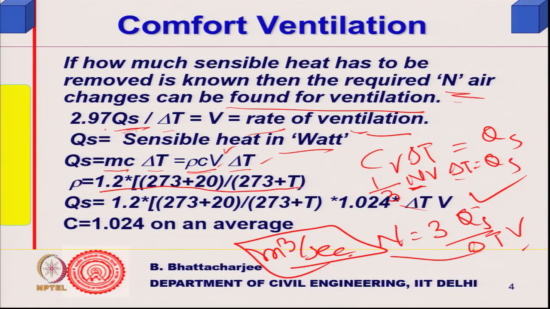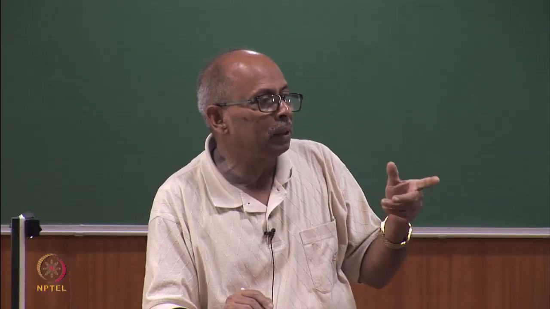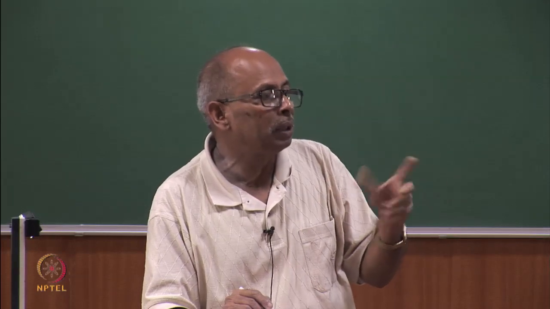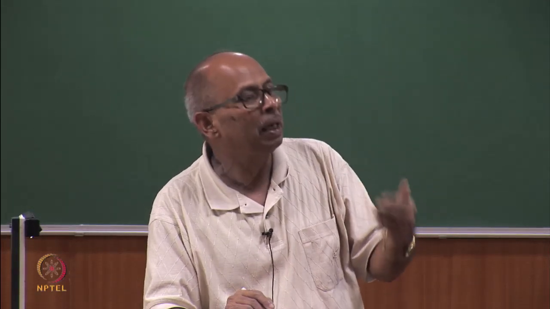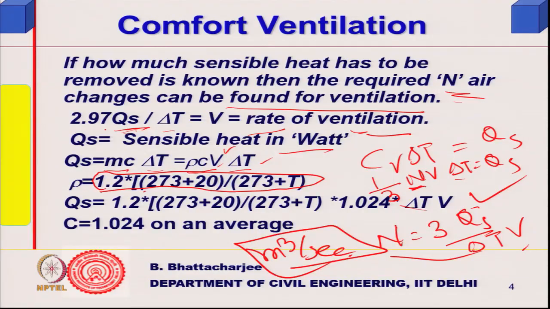Rho can actually be treated with a little more elaboration now. Earlier we took rho C as roughly 1300, and then we said 1300 by 3600. I want to take a little more elaborate approach. We know that at 20 degrees centigrade, rho is 1.2 kg per meter cube. At any other temperature it will be 1.2 divided by (273 plus 20), divided by (273 plus T), multiplied, because